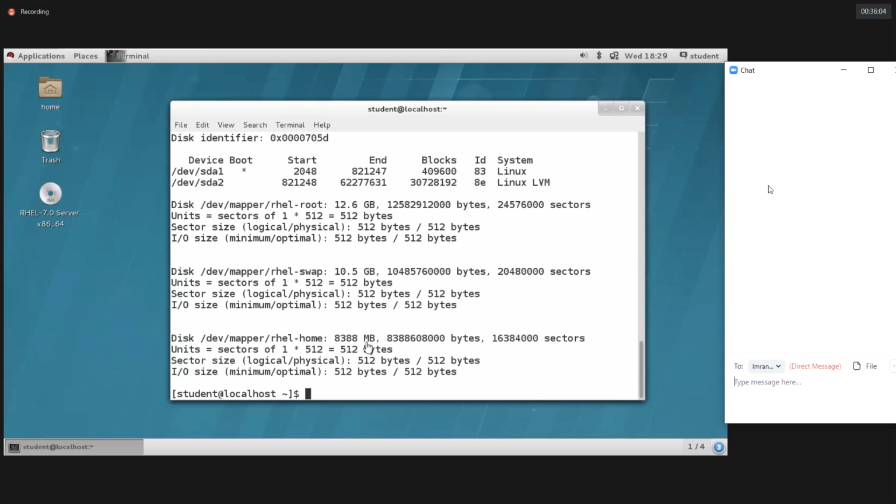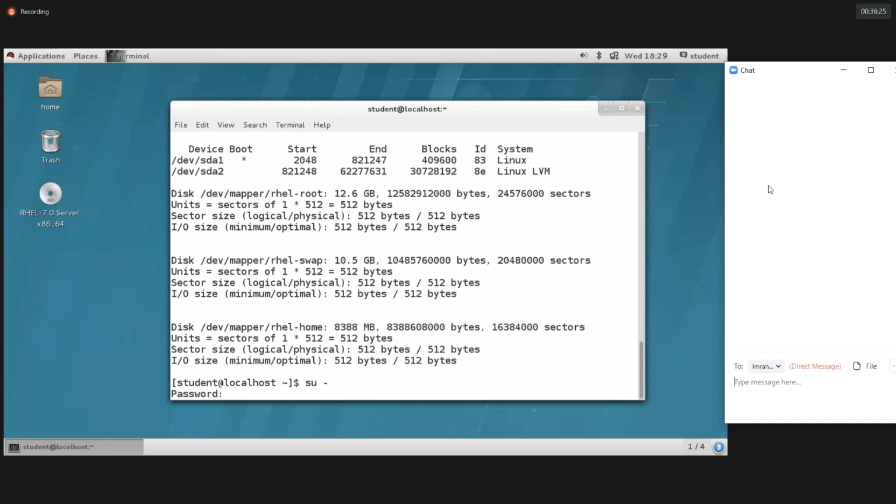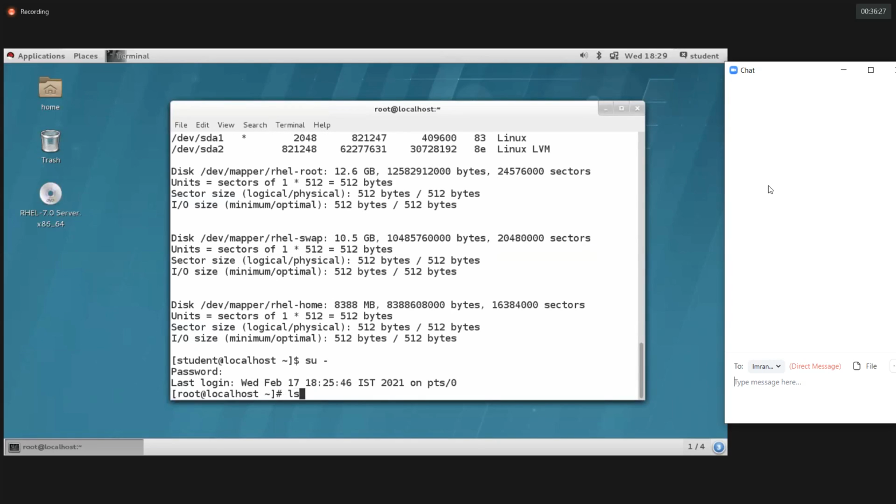If I'm providing the special permission for user, a normal user also will act like a root user for only that particular file, not for all the commands, guys. Only for that particular command. Like this, we have a few commands with the special permission.